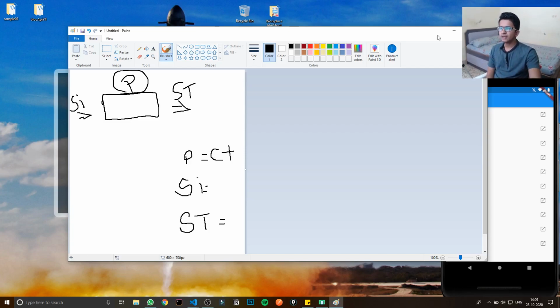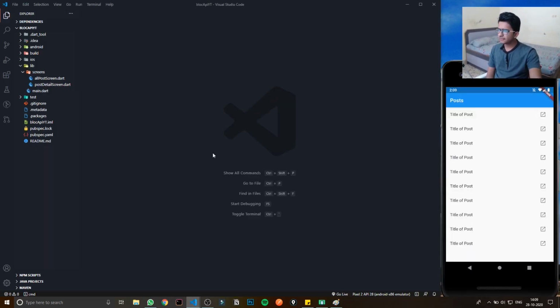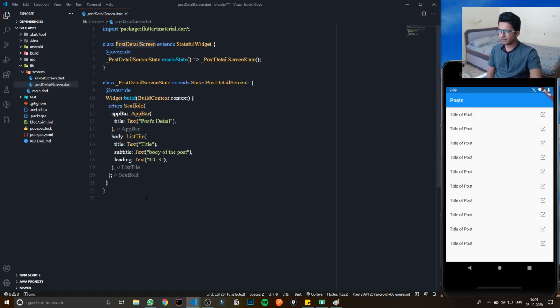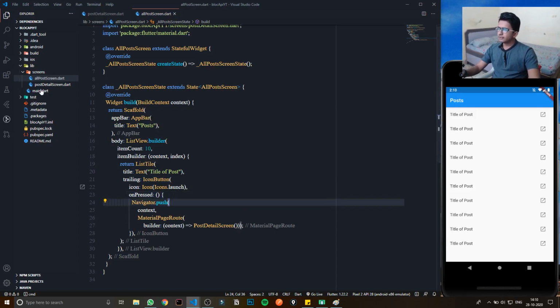Great. So I have already created one UI. This is the app, and I have already created a basic UI which is a list of tiles, as you can see here. If the user clicks on this icon, they can move to the detail page. Simple UI. I think you are capable of doing that if you are learning BLoC. Great. Now let's talk about the structure of the whole application, and then we can move further.